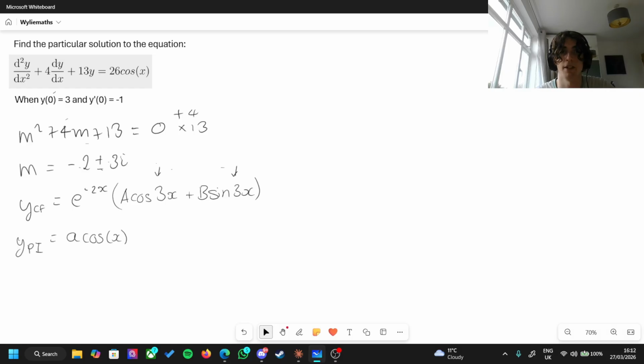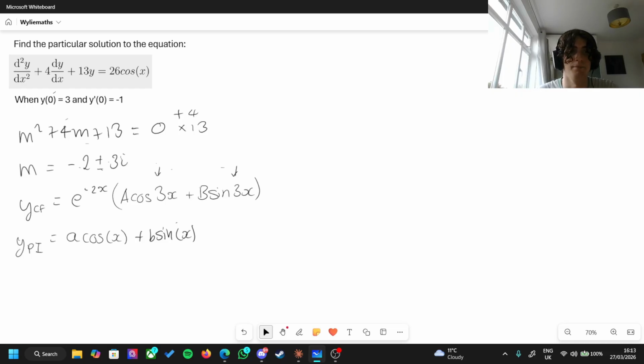This could be some kind of resonance equation. So we need to add a term for sine as well. So you can get sine in your solution, in your particular integral, and that could then be added on to a complementary function, even if there is no sine present in the original equation. So you must remember that if there is any trigonometric function in your differential equation, then you must have both the cos and the sine in your